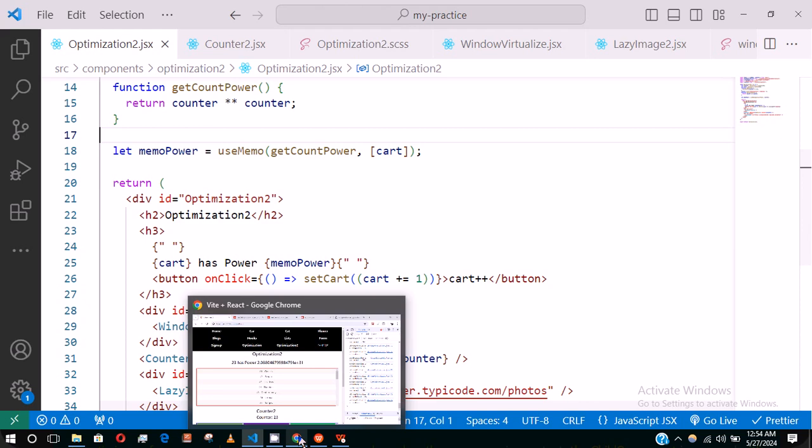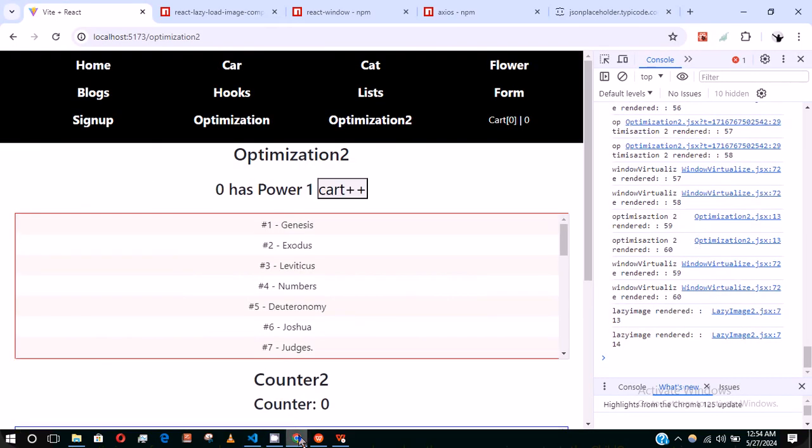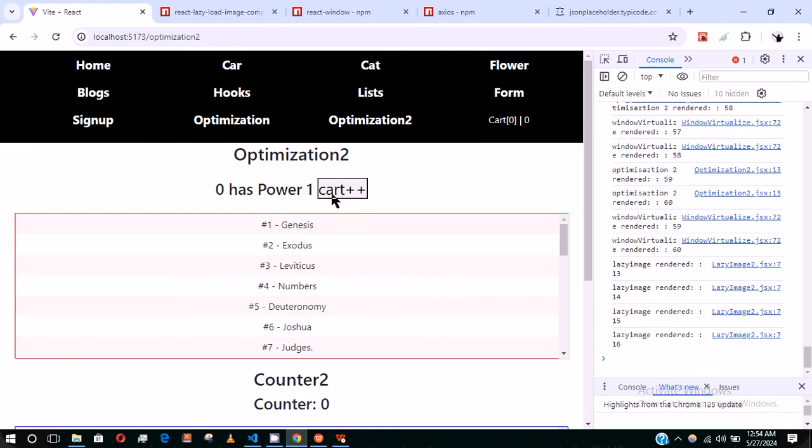But if I update the counter now, because the counter is not part of this dependency array, this calculation will not be repeated. So let's try that theory. So that is it. So if I increase this to